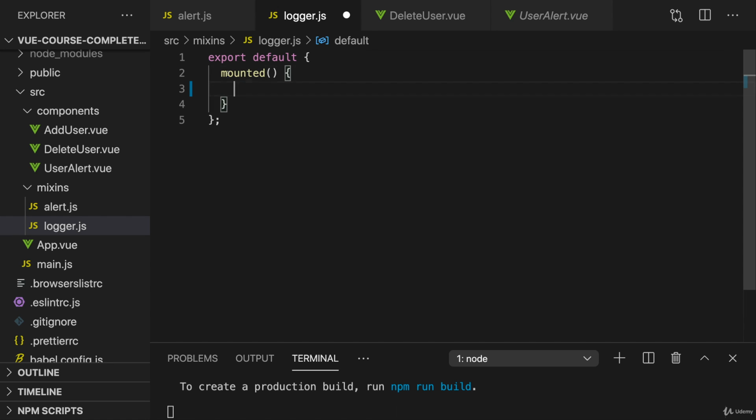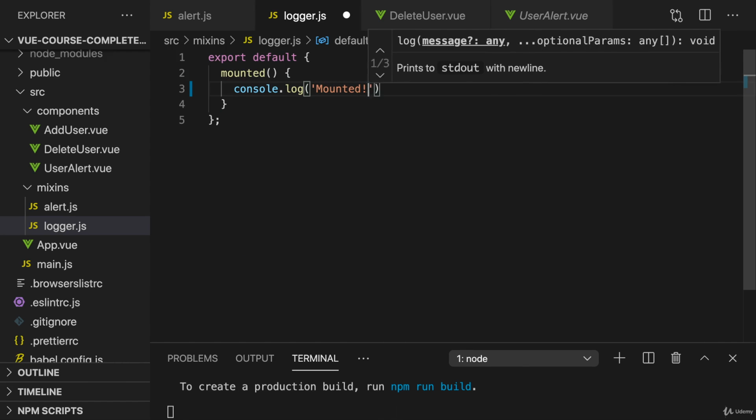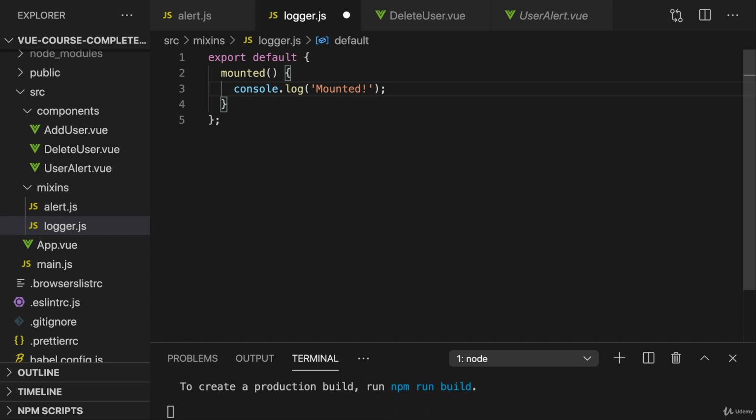Here, I'm defining mounted in this mixin, which I want to use as a global mixin, and for the moment, I will just log mounted here. So simply some logging for me as a developer. Maybe you want to store something in some database here, some analytics data, things like that could be done in a global mixin. So here, I'm just logging, and now we can register this as a global mixin by going